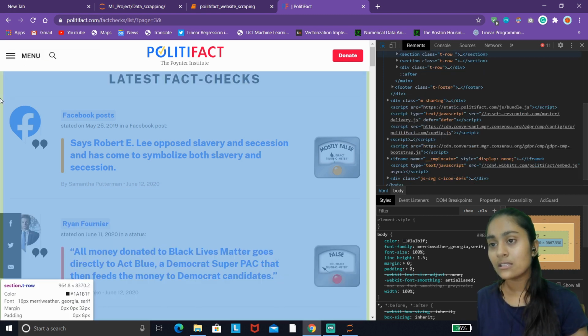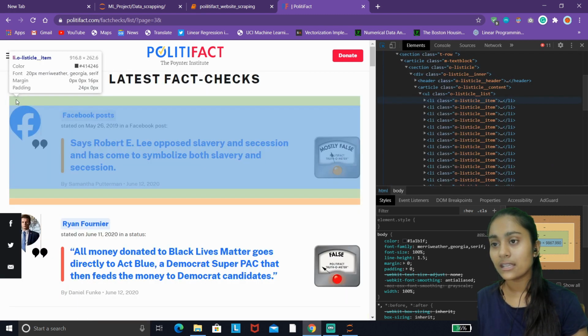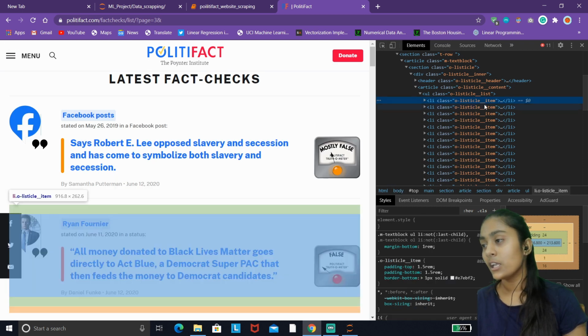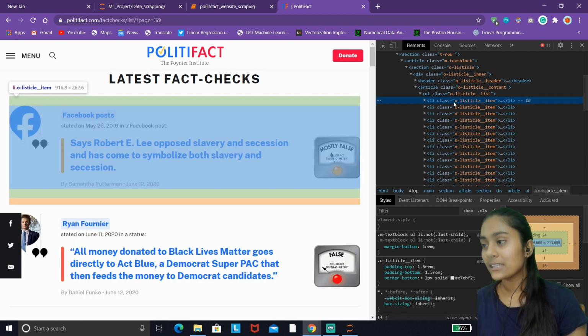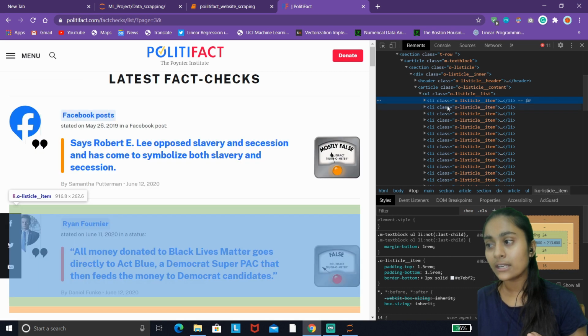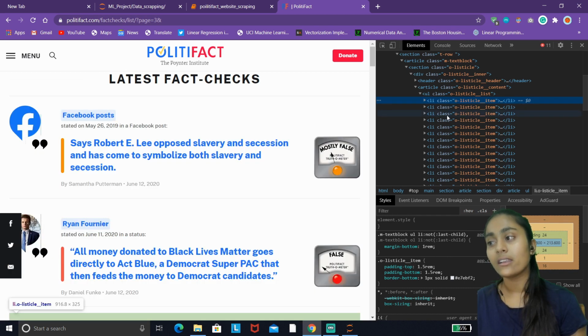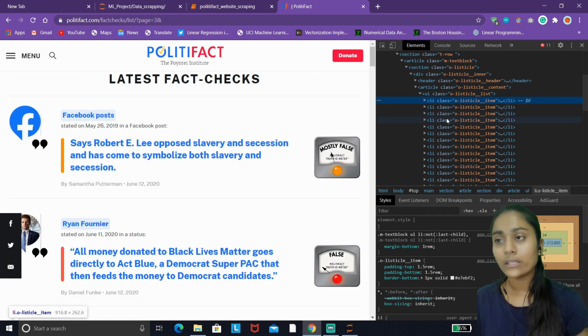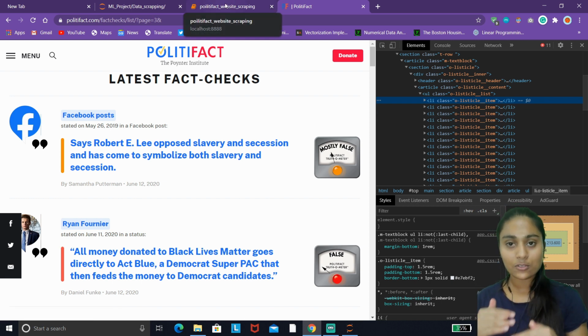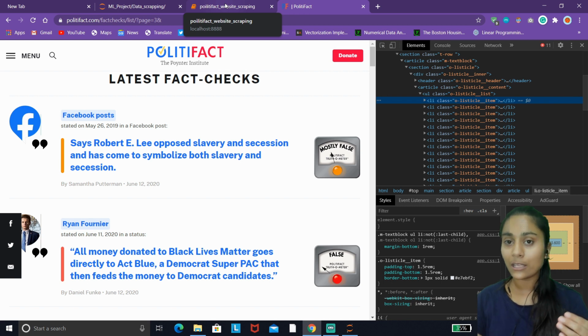As you can see, on selecting this, you find that this particular news article is contained in this li tag. And like this news article, every news article is contained in this li tag. I hope you are able to understand what I am trying to explain to you.